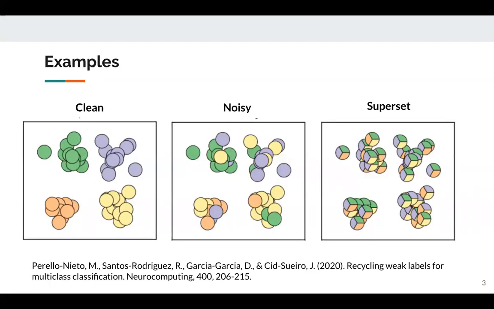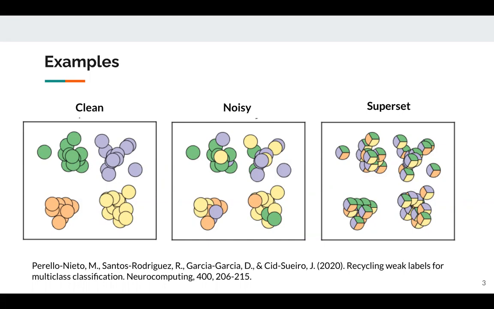On this slide, we present an example. We see a toy dataset and 3 instantiations of annotations. In all 3 cases, it is a multi-class classification problem with the 4 classes distinguished by their color. The first case depicts the true labels, which could, for example, be obtained when an expert is handling the annotation process. In the second case, we have what is known as noisy labels. In these settings, labels are flipped with a certain probability.